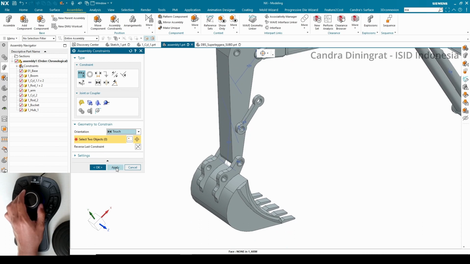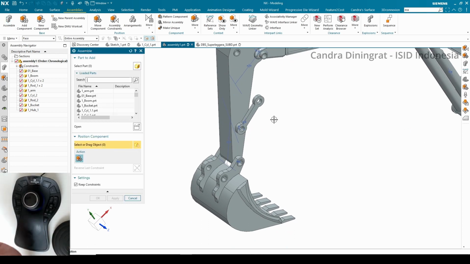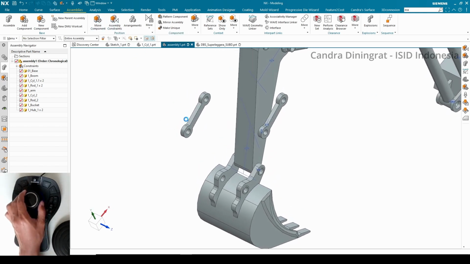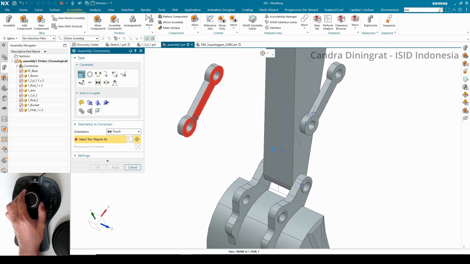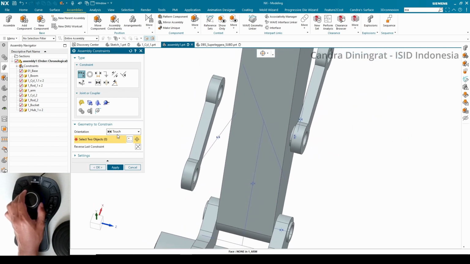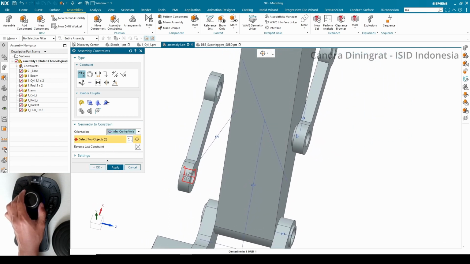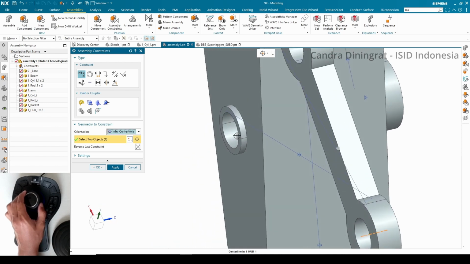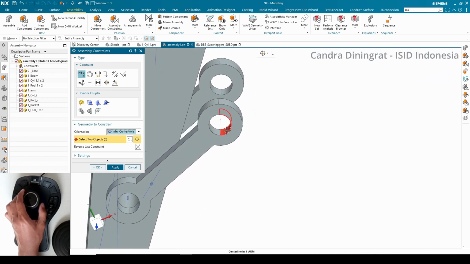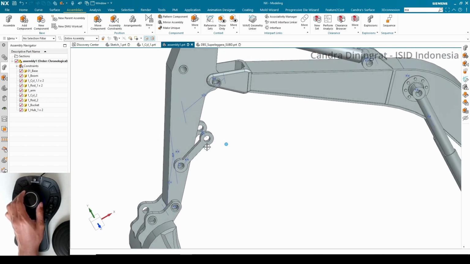And I will copy this component using this control button. Okay, touching again between these two faces and align this axis to this axis. We can also align these two axes together. Okay,